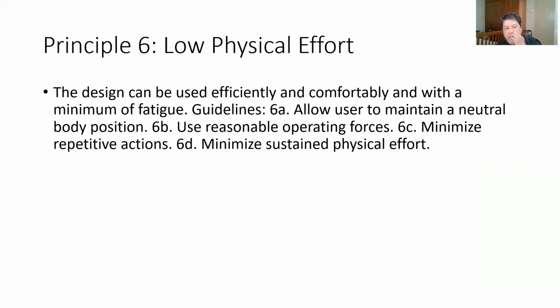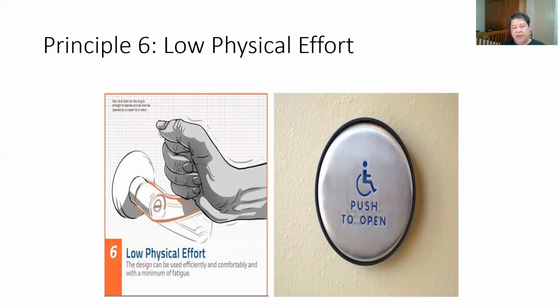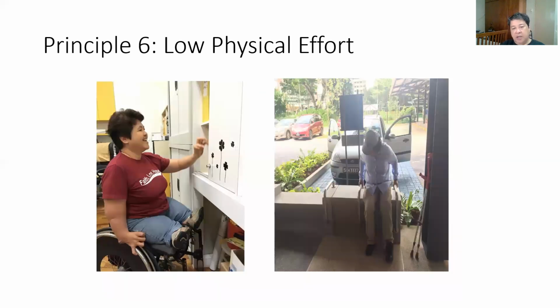Principle number six, low physical effort. The design can be used efficiently and comfortably and with a minimum of fatigue. This allows the user to maintain a neutral body position and use reasonable operating forces. Some people are quite weak and need the least effort possible when using something, such as the lever handle, not the knob type, but the lever type of door handle, so that even without fingers you can actually open the door. And also the push button type, which you just use your knuckle or even your elbow to push. Seats that have armrests that come out also help to propel one with lower, weaker limbs to stand up, and also sliding doors in the cabinets help